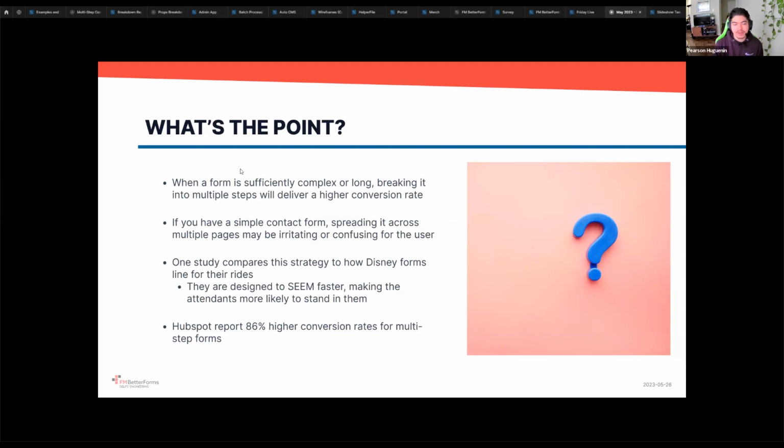And in the same way that Disney forms their lines, you're essentially doing the same tactic with these multi-step forms, making the user more likely to finish this process because it seems faster, splitting it up into different steps, showing them the progress of where they are in the form, telling them if they're close to being done or anything like that. That improves the conversion rate. For example, there was a study from HubSpot which reported an 86% higher conversion rate using multi-step forms compared